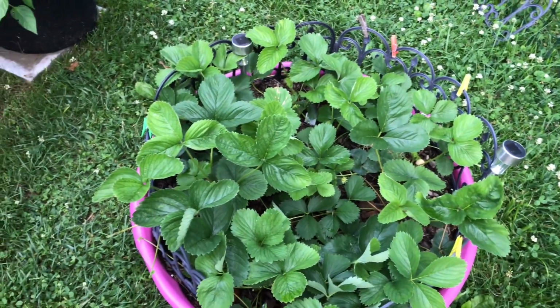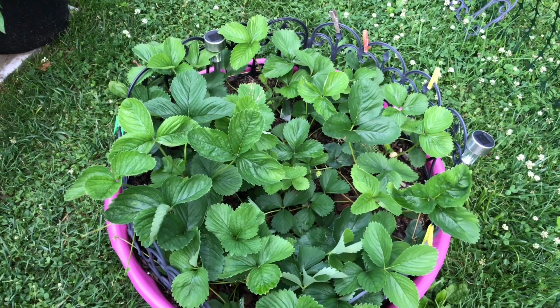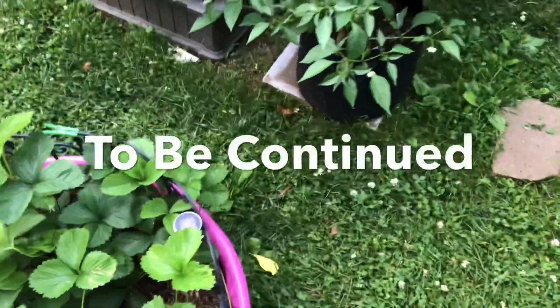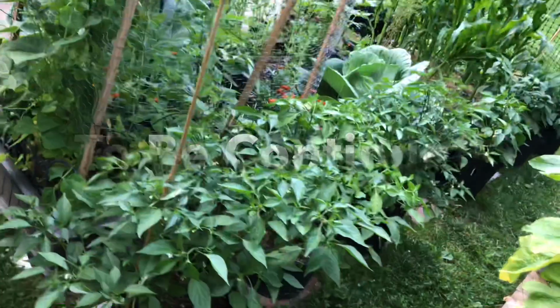Originally, 7 strawberry plants. 7 different strawberry plants. But I think we said before, about 4 or 5 variations. Now down here we have what I like to call